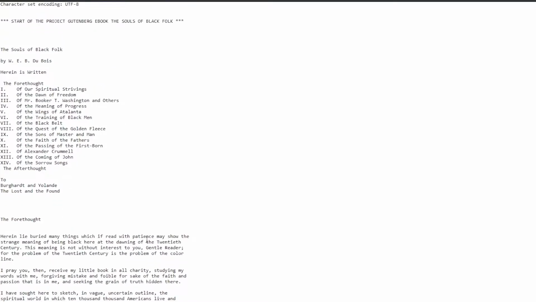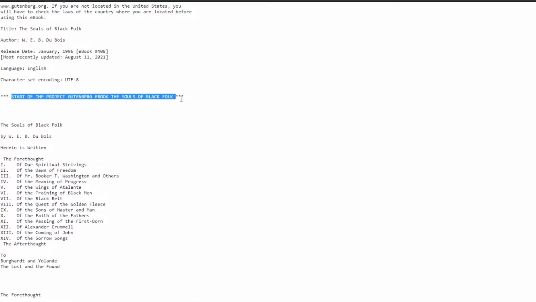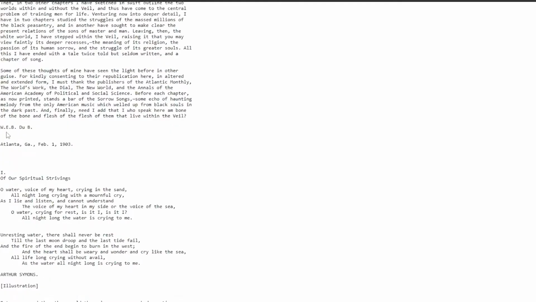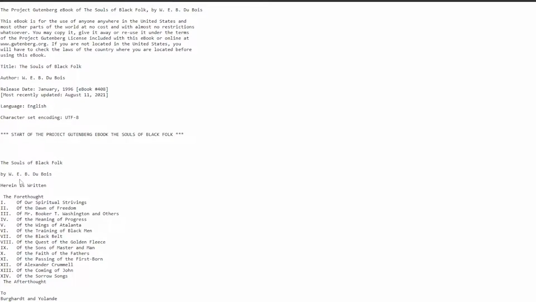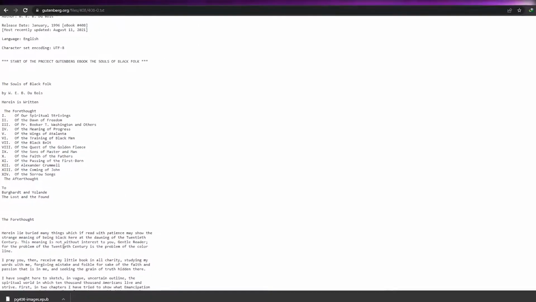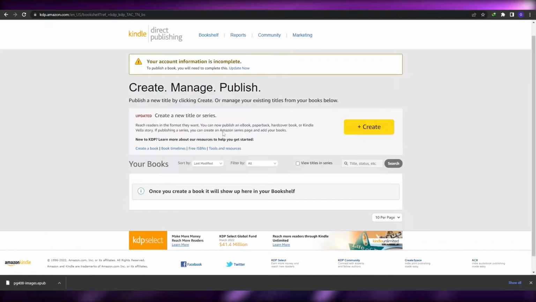So as you can see, this is the plain text. This is where the book actually starts. So we have the entire book written over here, as you can see. So you can just simply go ahead and copy this and turn it into a document, and boom, you're good to go. If you wanted to create a book, all you have to do is come back to your Kindle,